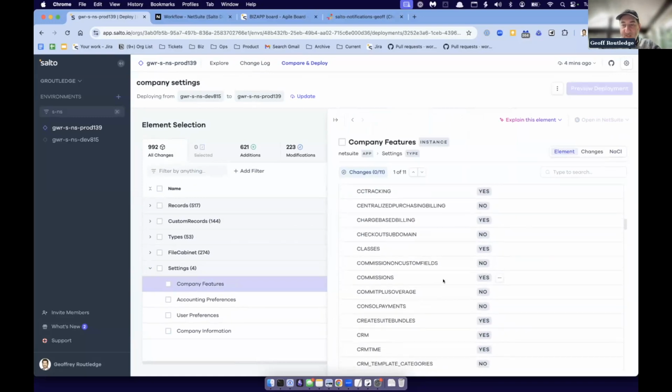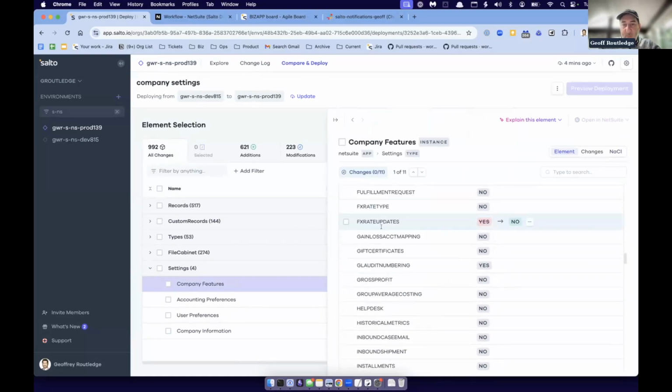So that's kind of handy, right? So I can see all the differences as they show up in my two environments. Yeah. So not only can you read my mind, by the way, this is exactly what I was going to talk about next when I saw this question, but not only can you see the changes through Salto, you see the differences, but you can make the changes through Salto, and now